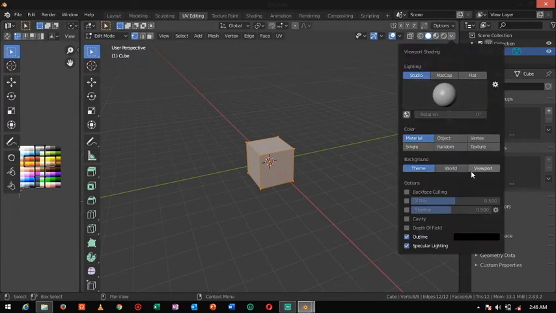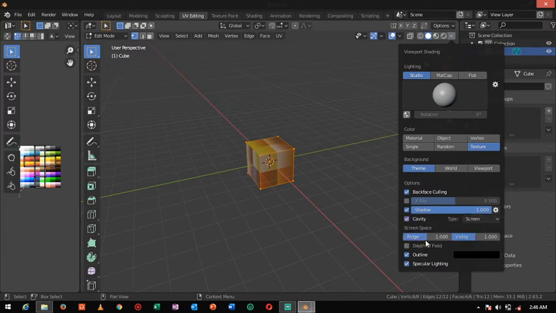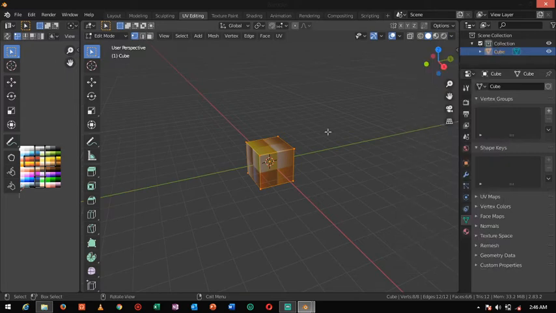First, here you can set texture, then backface culling and X-ray. I'll always use this one. Shadow X-ray I don't want. Now you can see. Now for selecting all, press A to select all.